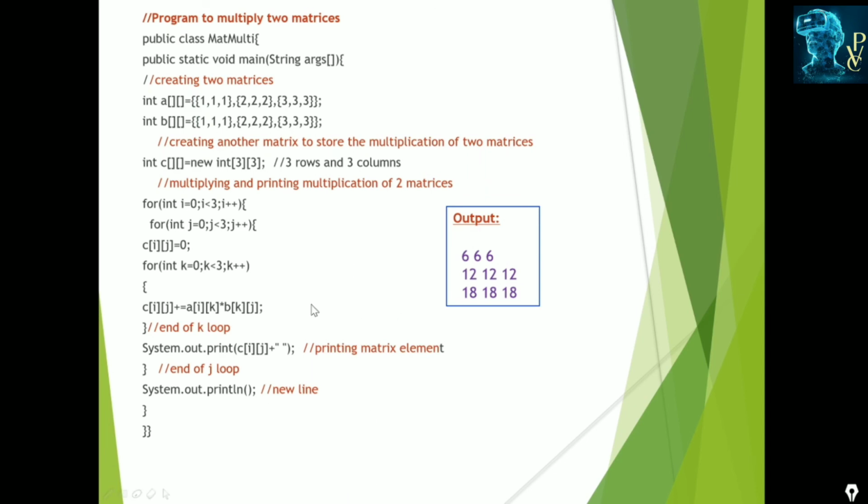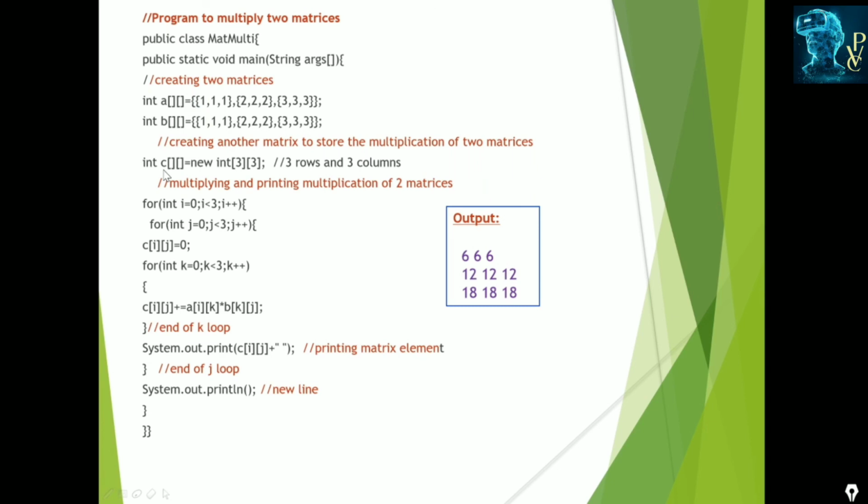Here we are using the square matrix, so 3 rows, 3 columns. No need to check. Here the square matrices are directly multiplied. If you want to multiply matrices of different sizes, in those situations we have to check that the first matrix's number of columns must be equal to the second matrix's number of rows. Well, here we are using the square matrix, so no need to check this.